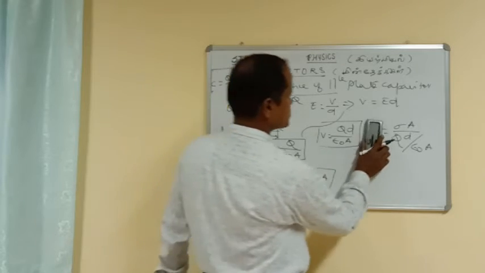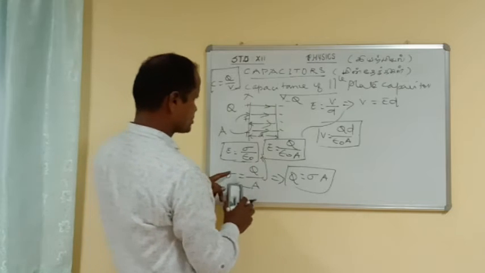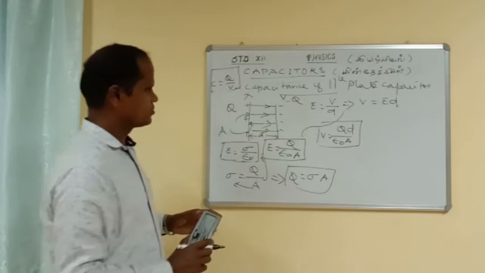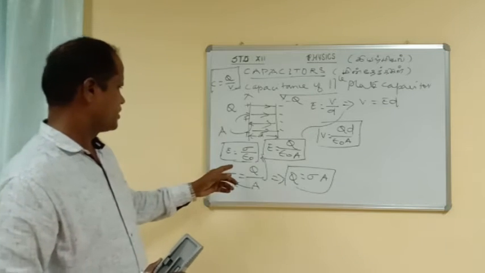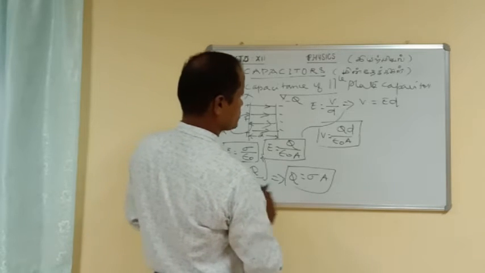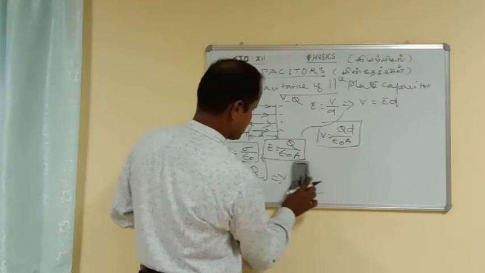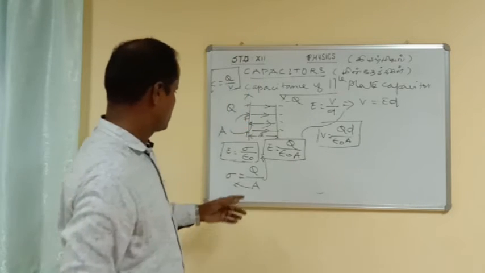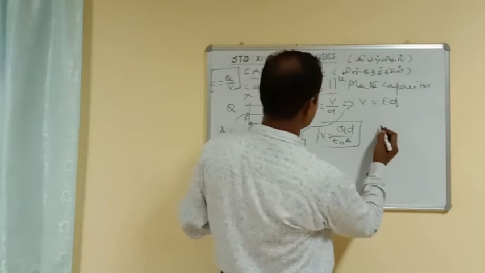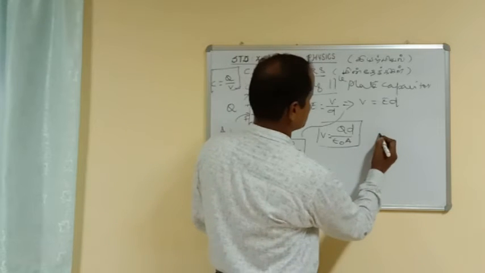Or here we can use this value. We can use this one. Take this one. Q is equal to what? Sigma A. Here, substitute values. Or you can put this one. You can take it as it is. Q. This is what? C is equal to